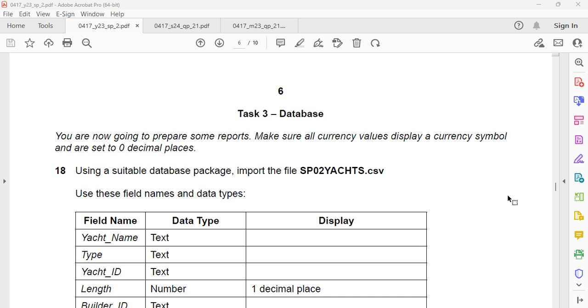These are alphanumeric, which is also referred to as text; numeric, which has a number of subtypes, specifically 4, which is integer for whole numbers, decimal for real numbers or numbers with decimal places. Then we have date and time, and finally currency, all right, to enable us to apply local currency formatting. The last of the three is Boolean, all right, which gives us yes or no, true or false,